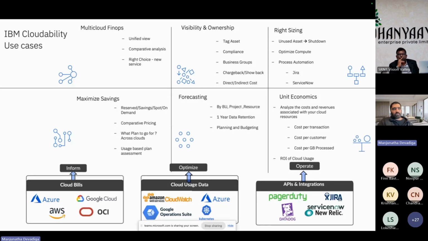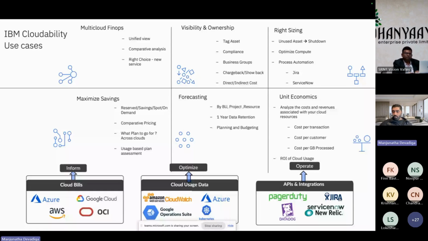Now you are running your business services on AWS, Azure, and Google. And you are spending around $4 to $5 million per year, which is very minimum, because even some of the unicorns today in India are spending more than 15-20 million on cloud cost, because they're born on cloud and they're running most of the critical services on the public cloud itself. Now when you're running your services on multiple clouds,